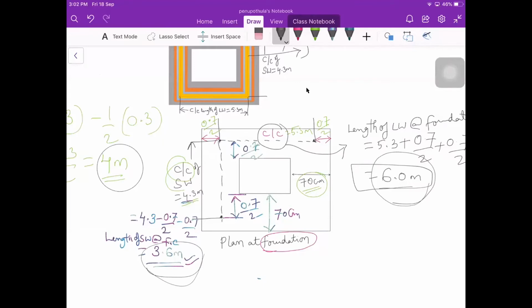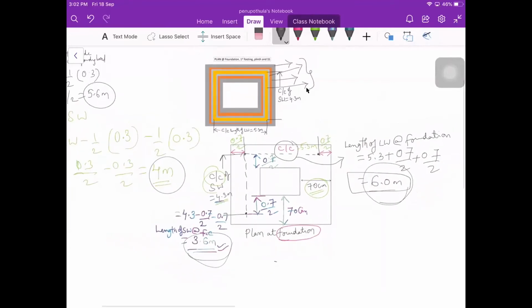Okay. Next. So is it clear, or does anyone have any doubt? I think I'm clear. If you have any doubt, you can ask, because this is the prime thing you need to know before entering into the major topic. Or else, if you want for another, first footing or plinth, I will show it the same way.